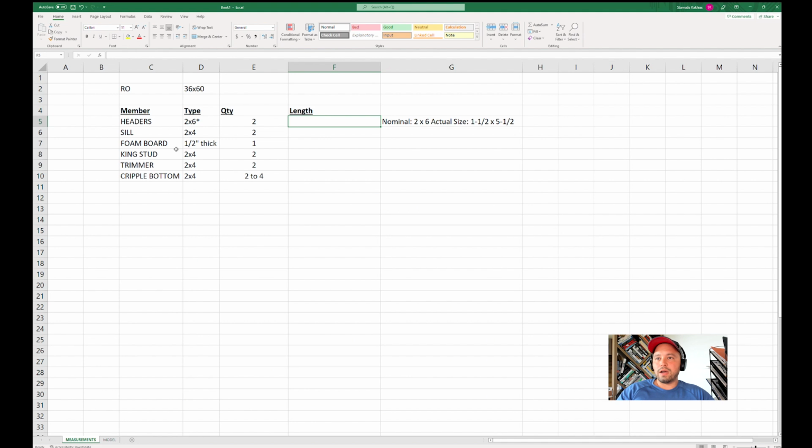So I'm going rough opening equals plus 36. Now each 2x4 is 1.5 inches: 6 plus 1.5 plus 1.5. So I need 39-inch headers of 2x6. Okay. Now, obviously, my header,